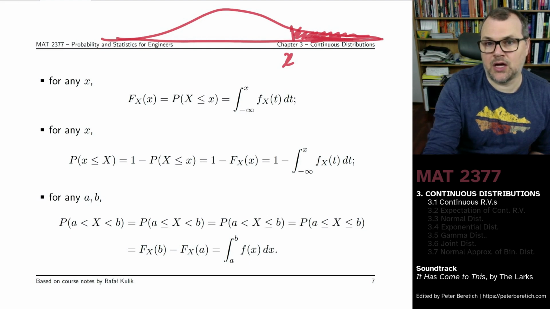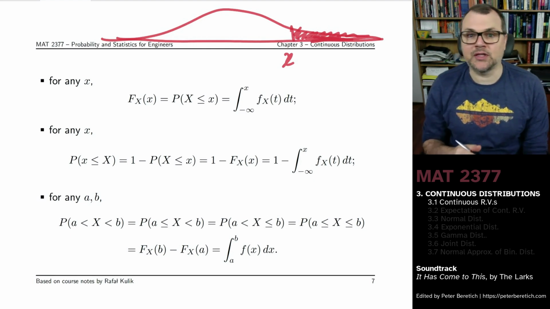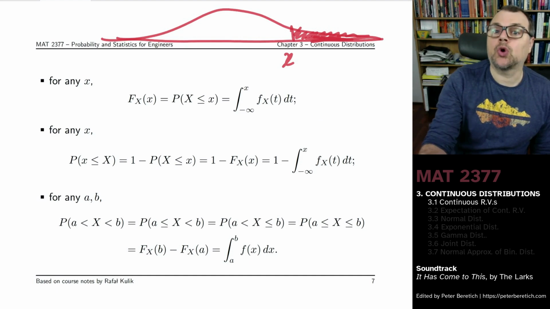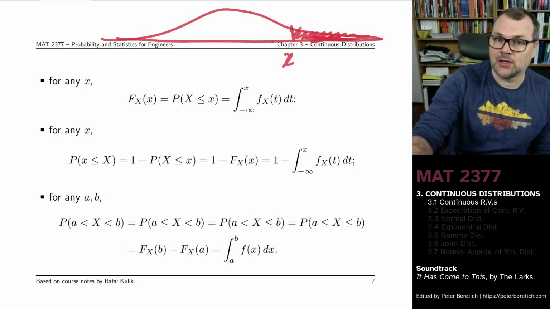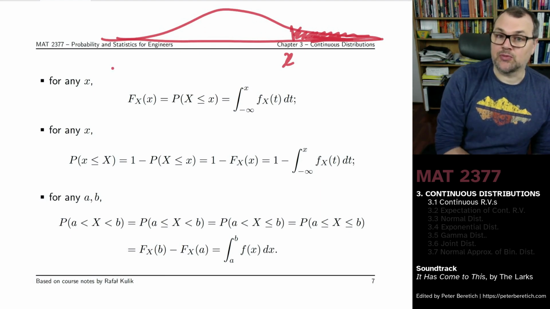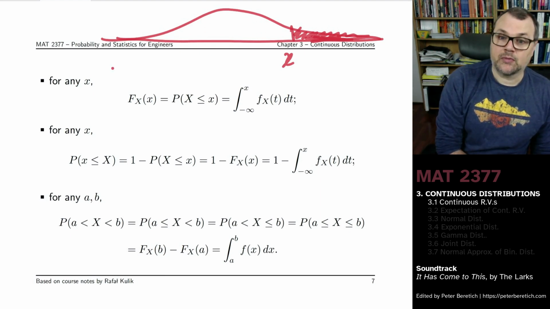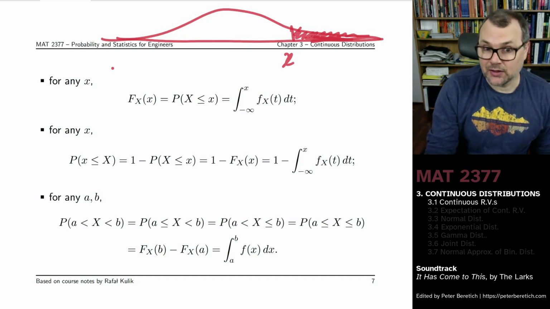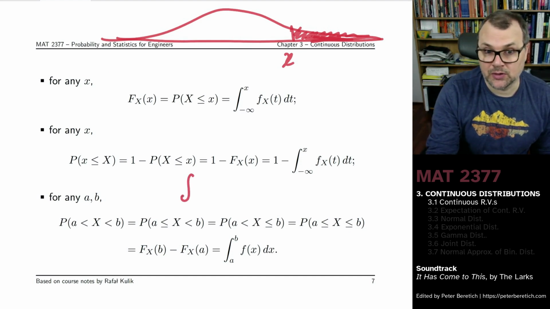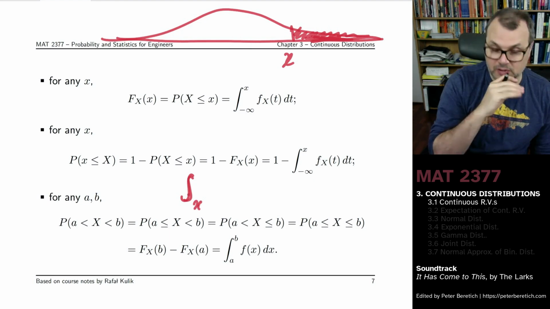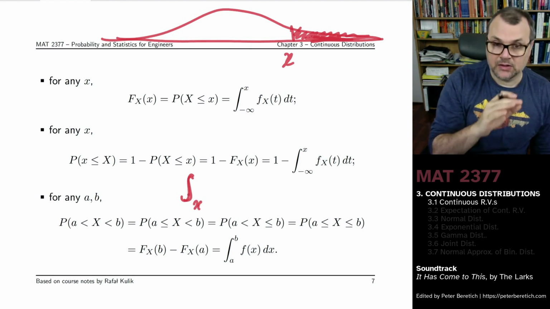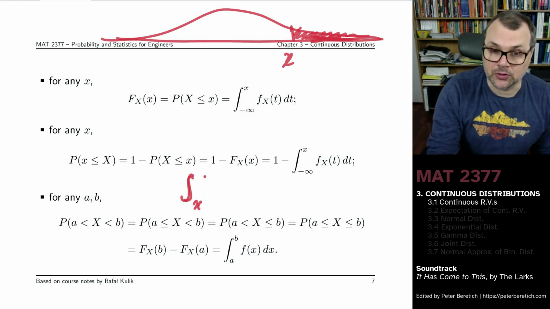Well, from the law of total probability, we know that this would be 1, the total probability, minus this region here, which is to say 1 minus the probability that it is going to be smaller than the threshold. And from the point of view of calculus, this is just going to be the integral from x to positive infinity